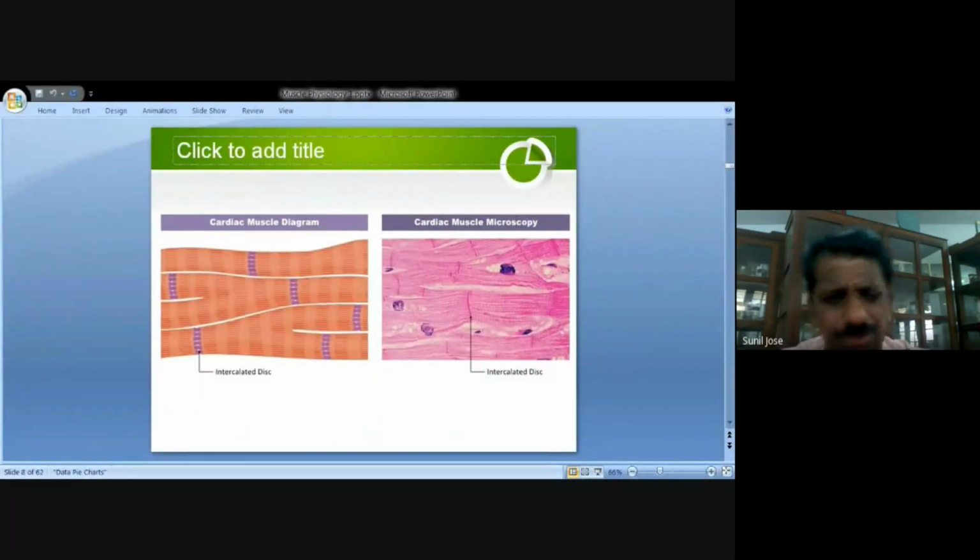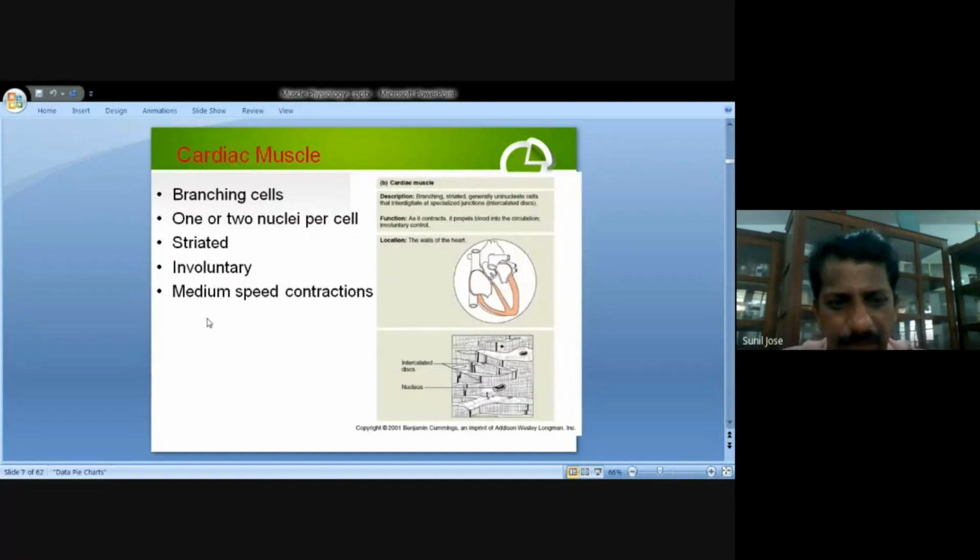Now here also there are striations, dark patches as well as white patches. But the striations in the cardiac muscle are not as prominent or as visible as in the skeletal muscle. So cardiac muscles are also striated muscle, but they are faintly or poorly striated, not as strongly striated as in the skeletal muscle. Another important feature of a cardiac muscle is that they are concerned with the working of the heart. The function is the contraction and relaxation of the heart. Heart muscles are formed of cardiac muscle, and they mainly control the working of the heart.